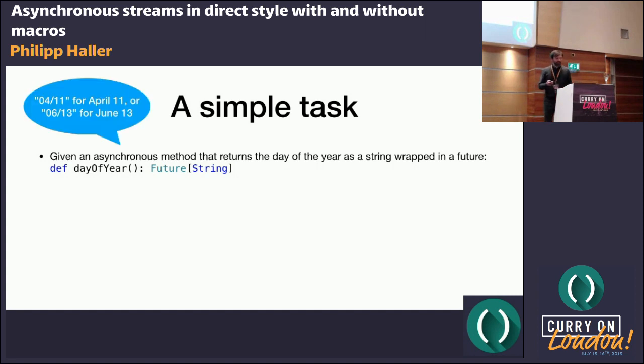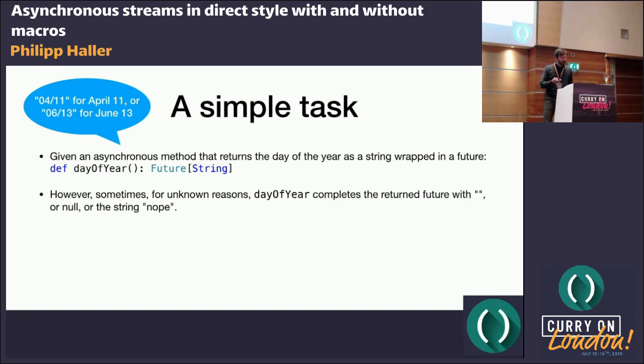So here are some examples. If the current day of the year is April 11, it's going to return, for example, 04/11, but wrapped in a future. So asynchronously we get that result. But this method could also complete its future with an empty string or null or something else even.